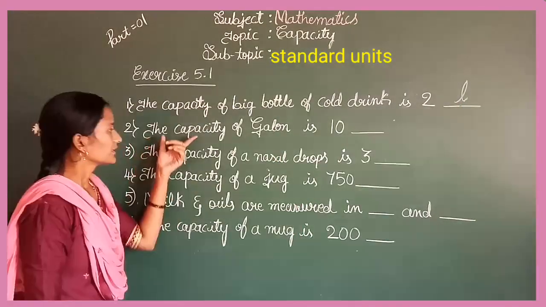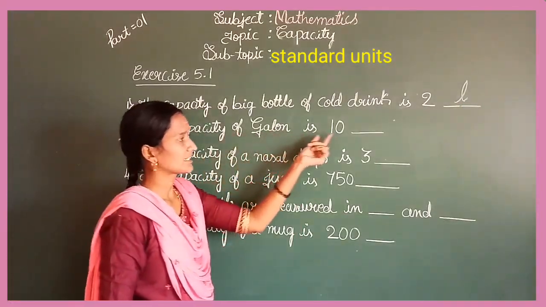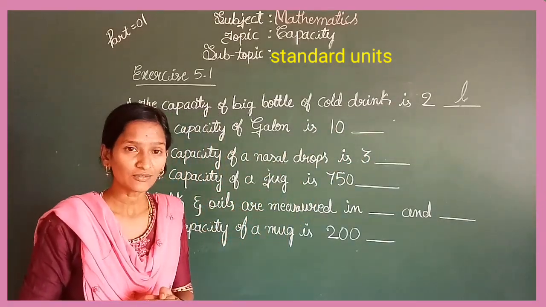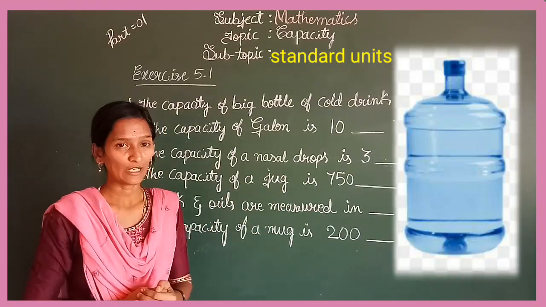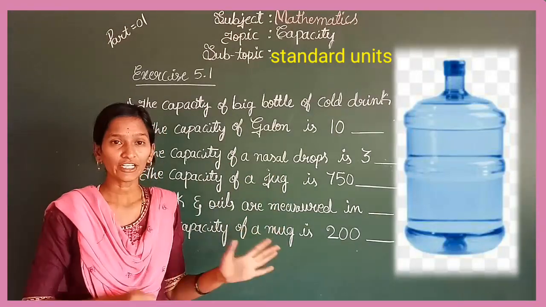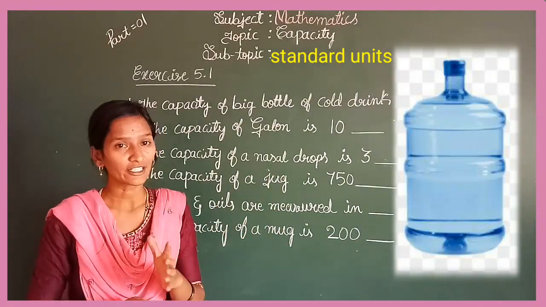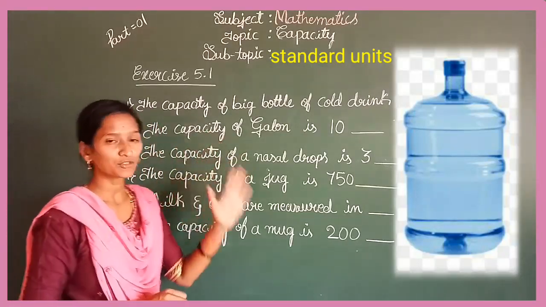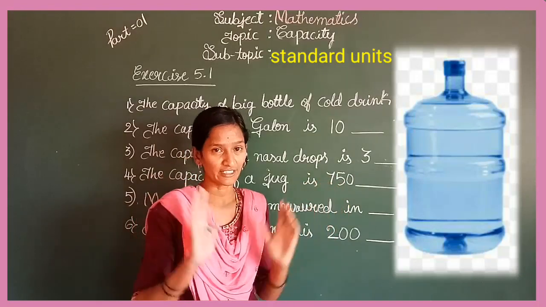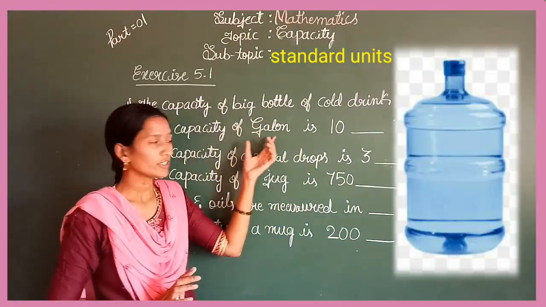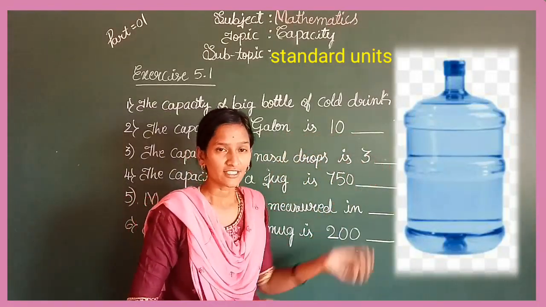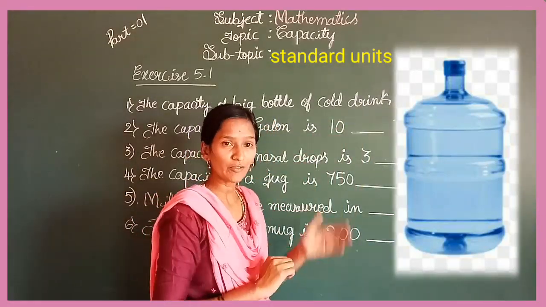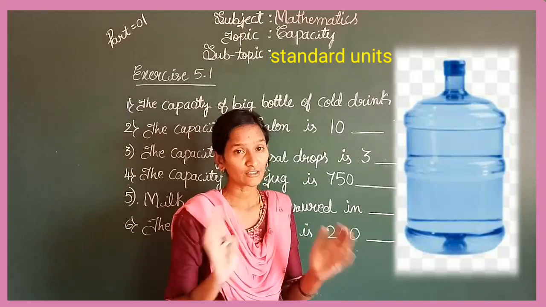So now look here. The capacity of a gallon is 10 dash. First of all, do you see a gallon? See, look here. This is a gallon. Nowadays we use this gallon to store drinking water, right? So look here at the capacity. Observe this size. It is big, right? The capacity of a gallon is 10 dash. See, if you add milliliter to this, is it suitable? It is not suitable,